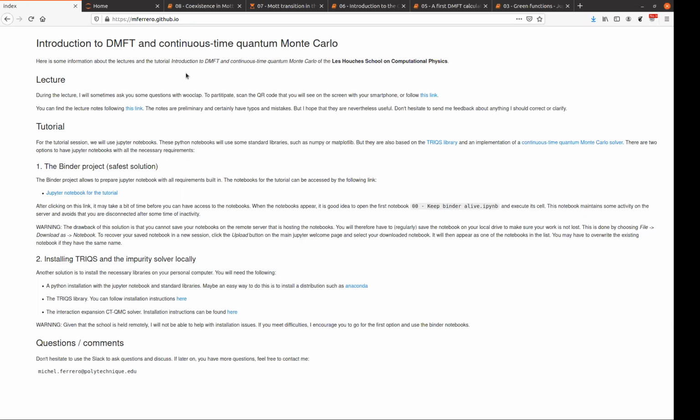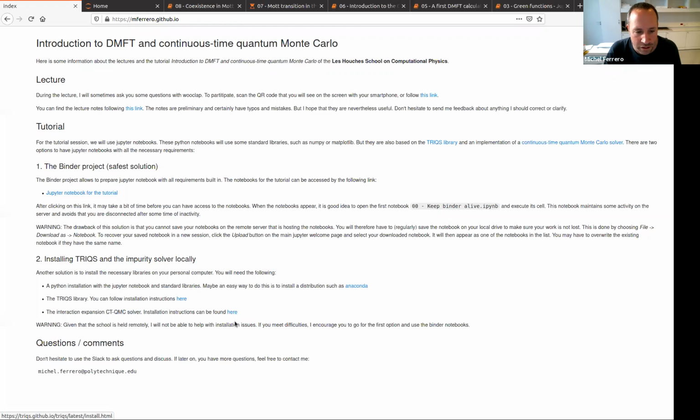So to get to this page, you can just connect to this link on my webpage on GitHub. And there's two ways to get the notebooks. Either you install it locally, but then you also need to install the TRIQS library as well as the TRIQS QMC solver, and you can follow the instructions here. I hope you already tried, because if you start now, this will probably take a fair part of the session. Otherwise, you can click on this link,